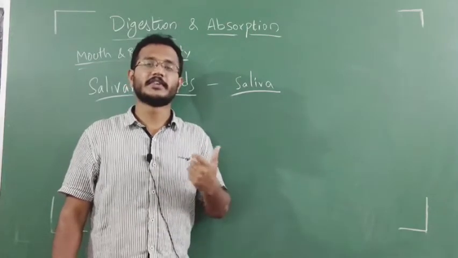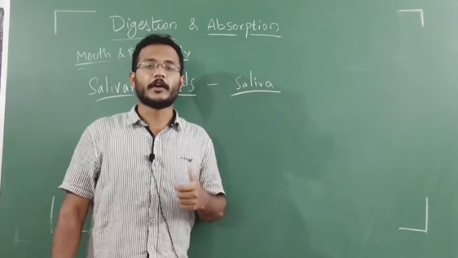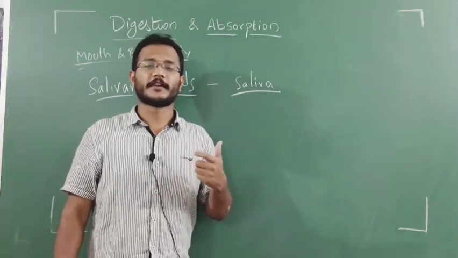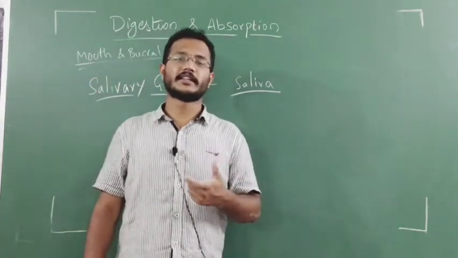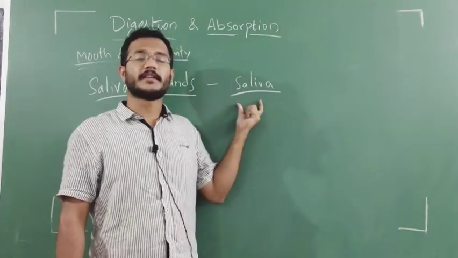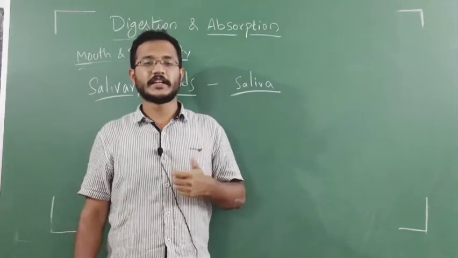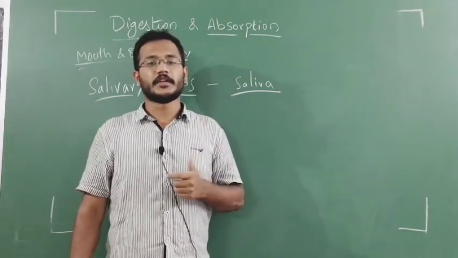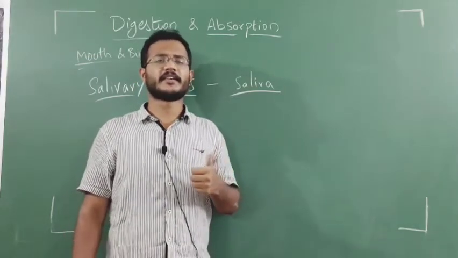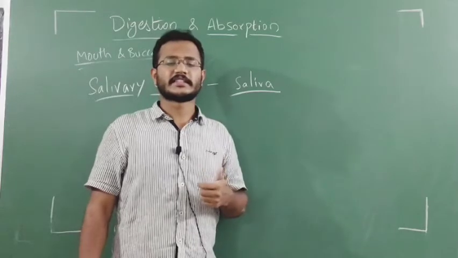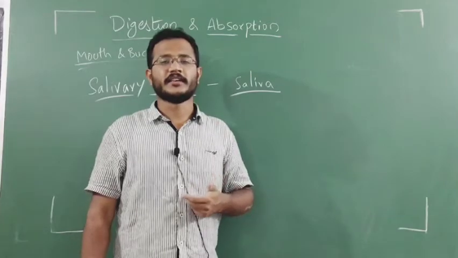Those details we will see in the physiology of digestion. But here we are telling only about the anatomy. What are the organs present? What are the different types of glands present? That only we are discussing here. When we discuss the physiology of digestion, then we will see which substances the enzymes secreted in the saliva will digest. So these are the organs present in the buccal cavity region, and in the next video we will discuss the esophagus, stomach, small intestine, large intestine, and anus.